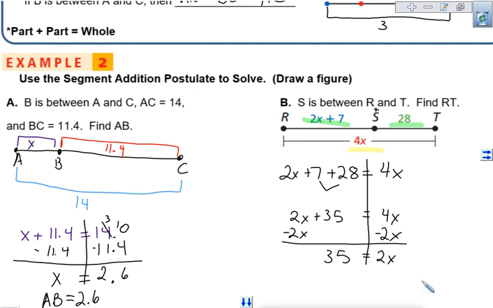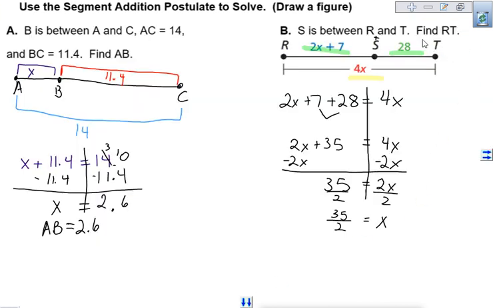And now what are we going to do? Divide by 2 on both sides. So we have 35 halves equaling x. Now I really would like you to get comfortable with fractions this year, because there are going to be times where if you change your answer to a decimal and then substitute, you will get the wrong answer. So please use a fraction when it's possible,